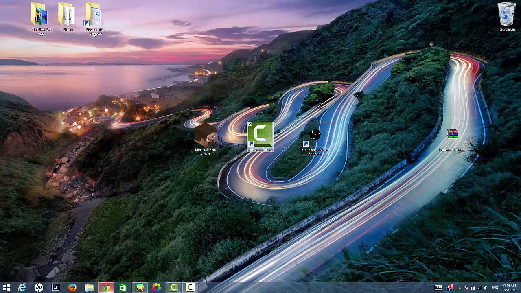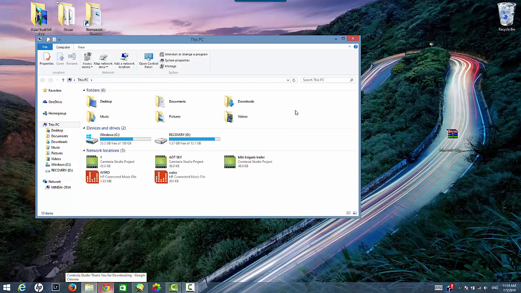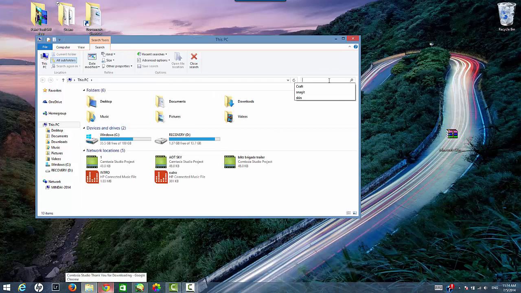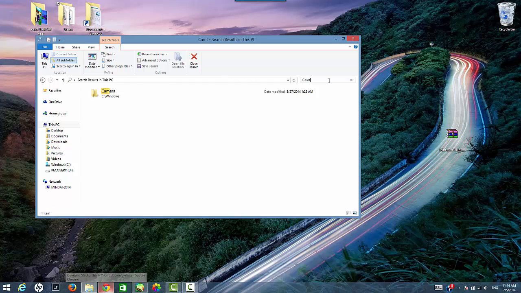And yeah, I will bring you to where I have my Camtasia Studio exe, because I'm not going to download it twice. So I'm just gonna find my file, and hopefully, yeah,